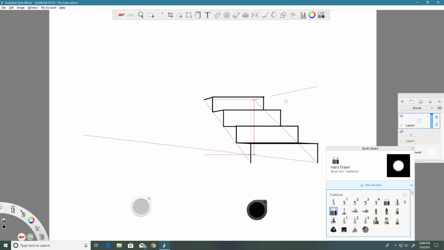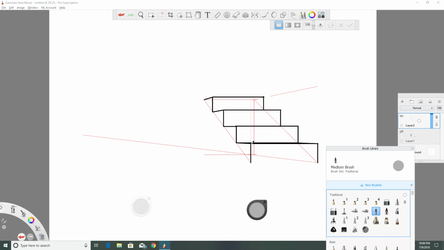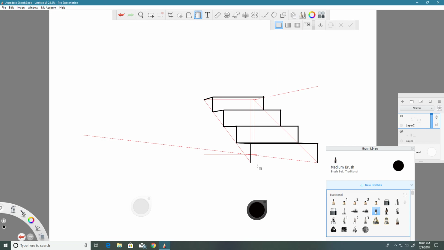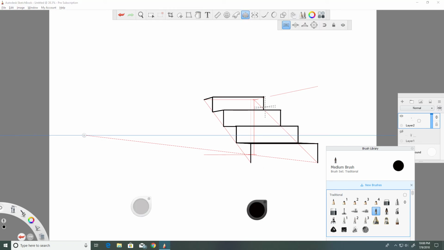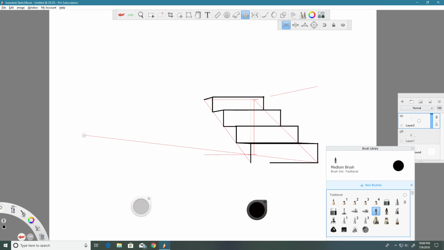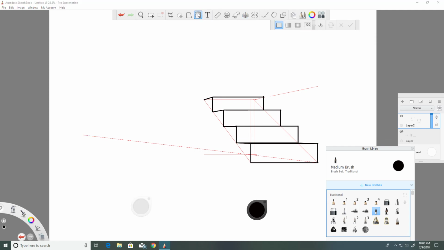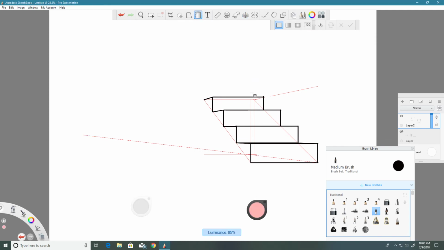At this point, now that you have the construction done, if you're going to turn this into a finished piece, you go in and you start adding values. So let's do a little bit of that right now. And we'll just grab the fill tool, and actually we should probably connect these lines before we try to do that. Otherwise it will make a mess. There we go. Now let's grab our fill tool,